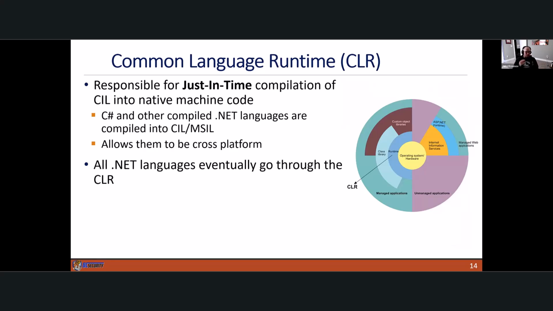So I already hit on this. The common language runtime is responsible for your just-in-time compilation of your common intermediary language code. Everything that is a .NET language gets compiled into that CIL. So regardless of whether it's C#, VB, or JavaScript, those all get compiled into this intermediary language and then executed. Even PowerShell does go through this intermediary language. PowerShell is kind of a pseudo CLR language. It operates a little more in the DLR because of some of the ways it does context handling